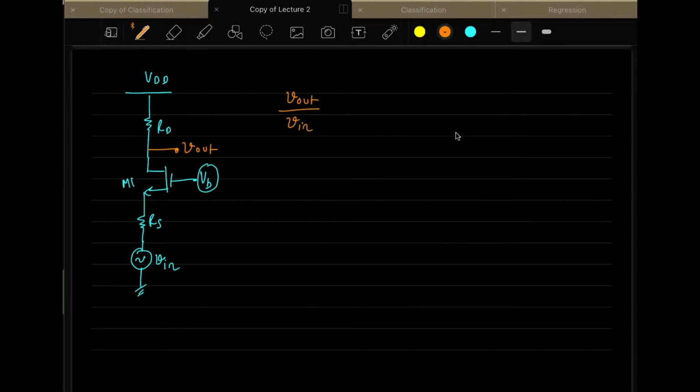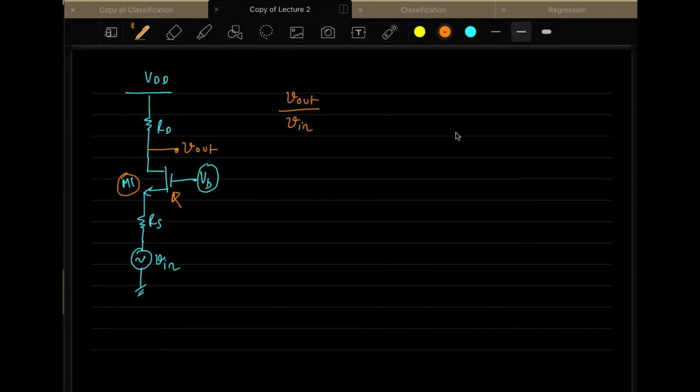So there are actually two ways of doing it. The first way is you replace this MOSFET M1 by the small signal equivalent, and carry out the analysis, and you will get the result. It's very simple, right? Only one MOSFET is there, and you just replace it by the small signal equivalent and solve the voltage gain V out by V in. That is the first way. The second way I will tell you today, because the first way is quite simple. I guess you can do it yourself also.